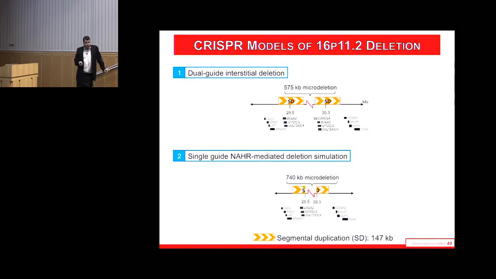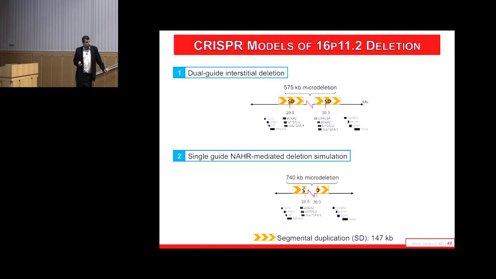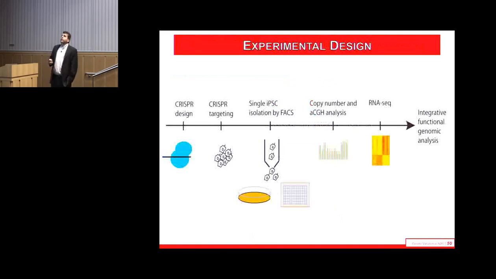One of the investigators on our collaborative team actually bet me that we would make duplications as well. And this is actually what occurs in the cell, right? You get a mispairing and a deletion or duplication. I didn't think that was going to happen, but there's only one way to find out. So we did the experiments.